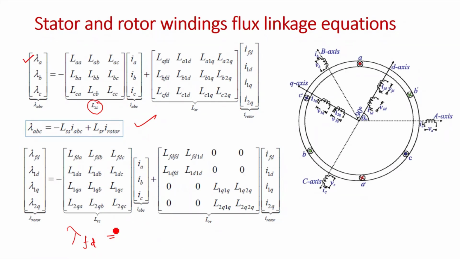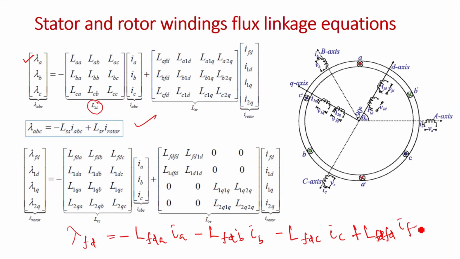It is because of the stator: minus LFDA IA minus LFDB IB minus LFDC IC. Now because of the rotor, I can write LFDFD into IFD plus LFD1D I1D plus